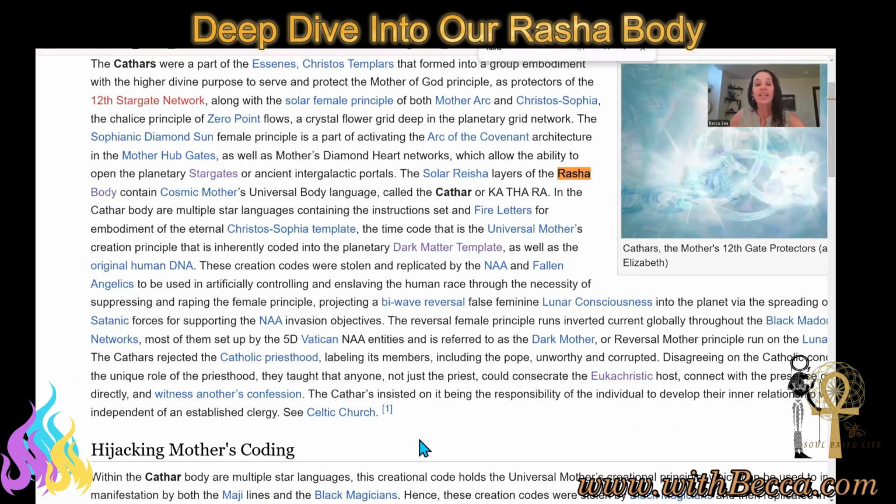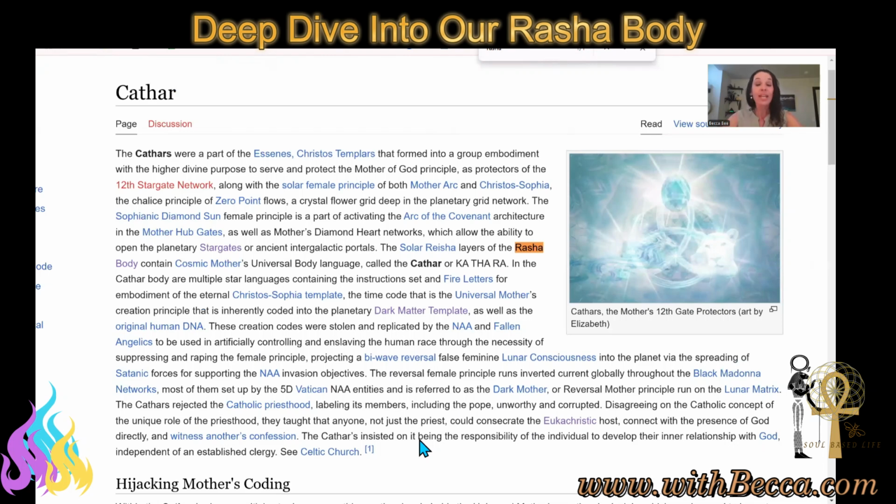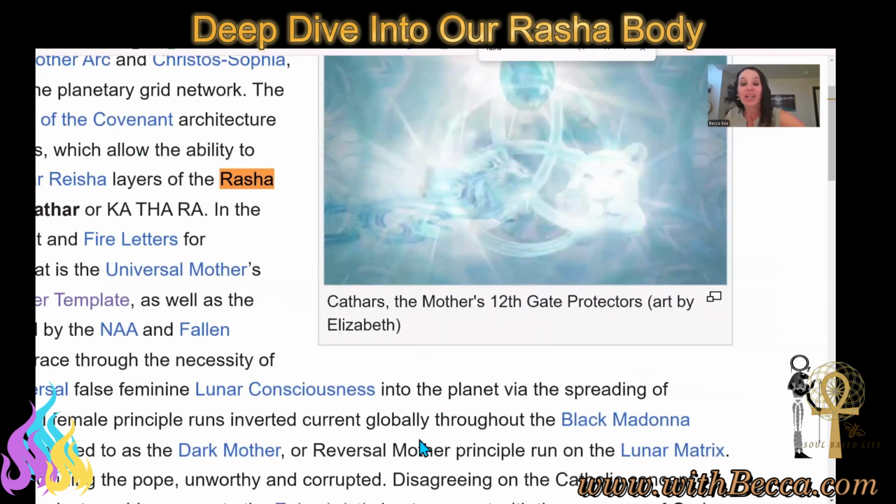So as we think of the Cathars and the light language, the Cathars worked in specific locales. Their purpose was to uphold the pillar gate connection so that we always had the stream or the field of mother's energy coming through.